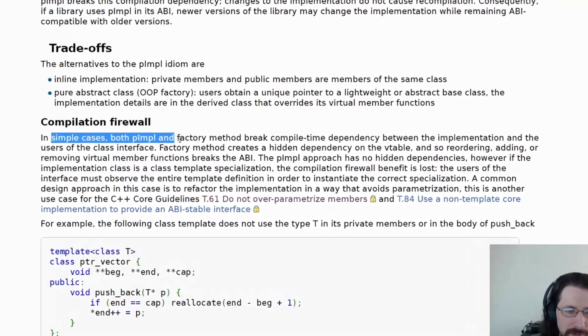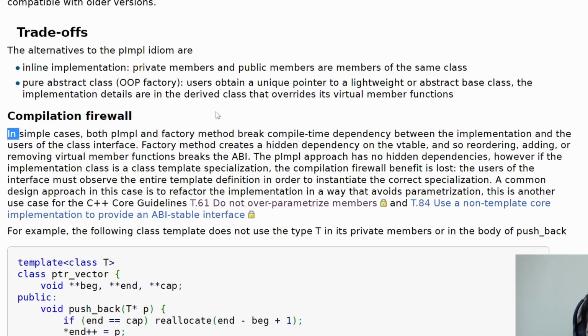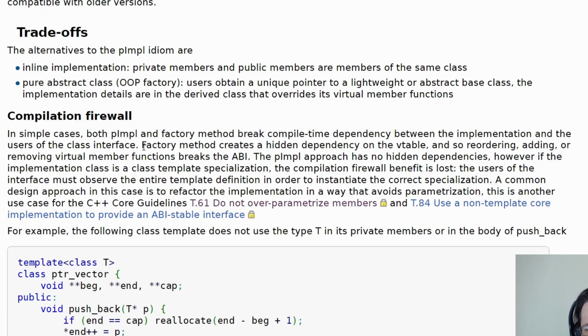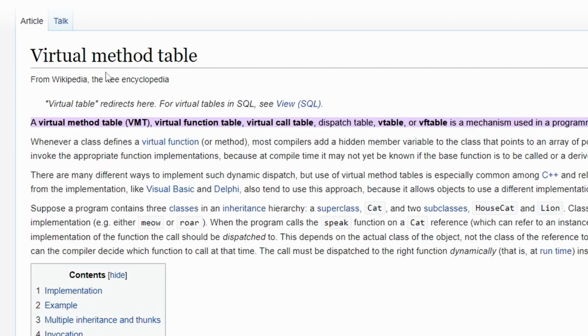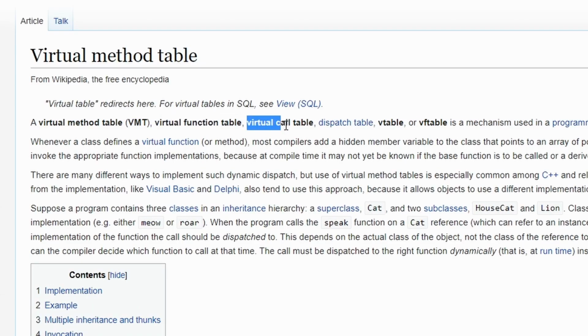In simple cases, both pImpl and the factory method break compile time dependency between implementation and the users of the class interface. The factory method creates a hidden dependency on the vtable, so reordering, adding, and removing virtual member functions breaks the ABI. We haven't really talked about vtable before. It's a virtual method table, or a virtual function table, a virtual call table, a dispatch table. It's basically